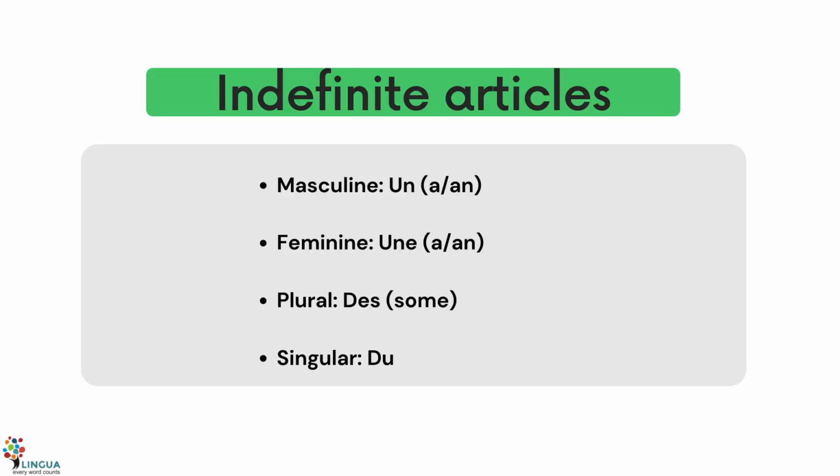So first of all is indefinite articles. A or an is pronounced as un if it's masculine, and if it's feminine it is une. All right, and then when you're talking about plurals, for example, it's going to be des, like you want some bread. Likewise for singular. But like I mentioned earlier in previous lessons, the more you read, the more you listen to French content, all these will make a lot of sense for you, right? But we're going to make some sentences out of this later on.